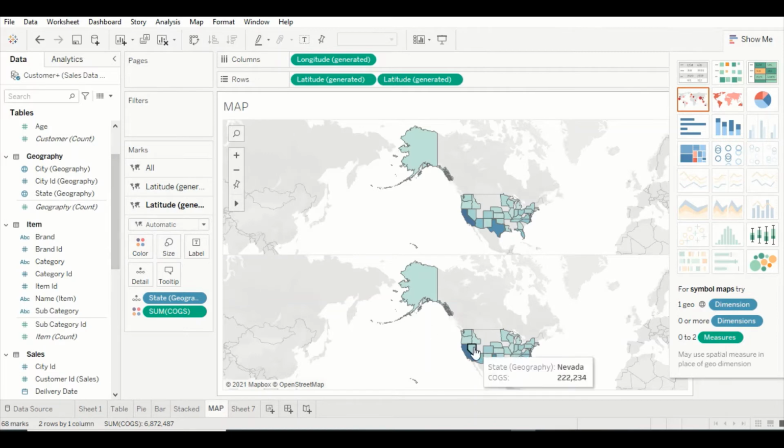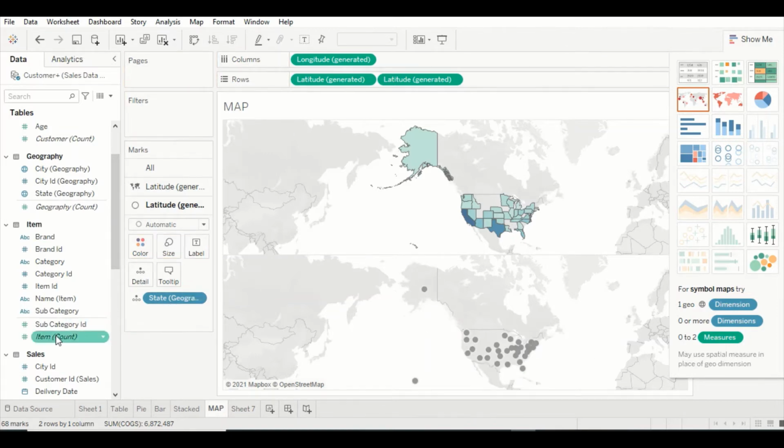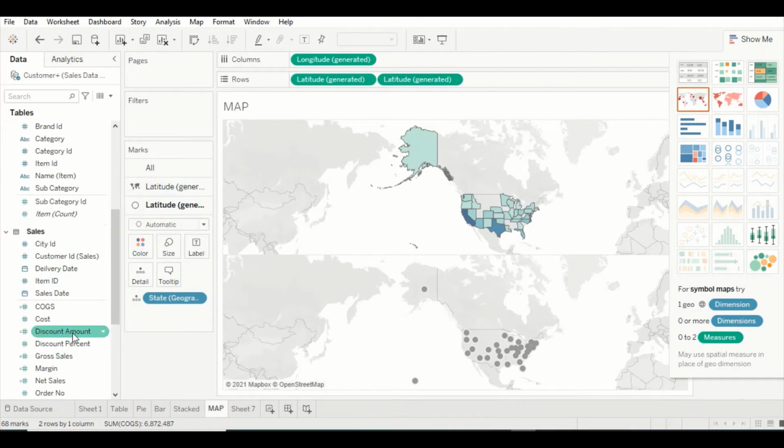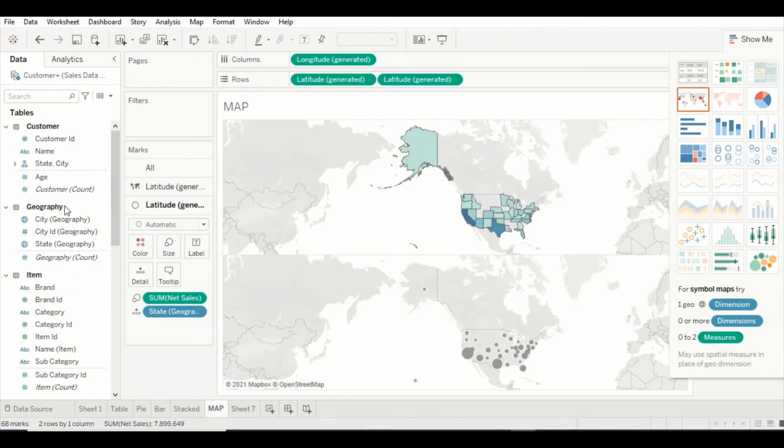We already have the colors, but let's remove the color for the time being. We have the size, and let's drag our gross sales or net sales maybe on the size. So we got a size, and let's color that by something like category or brand. Let's color it by category.